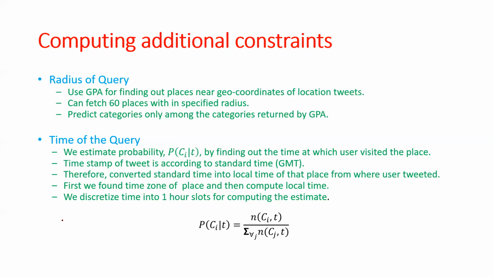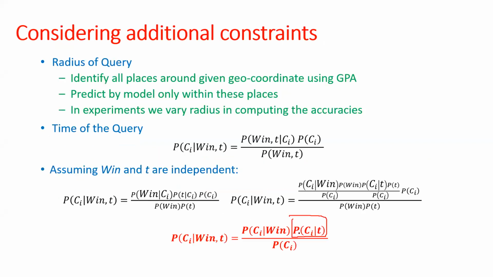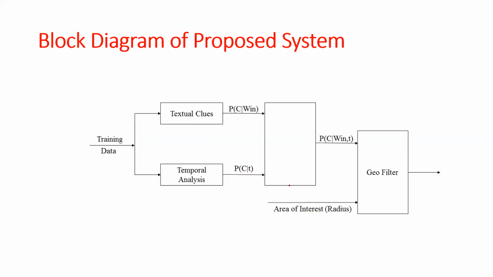So now I have my category estimate as per time. I have my category estimate from tweets, and I can multiply them and normalize, right? So this is what we have done. Here is a proposed diagram which we have used. We feed our tweets to LDA. It will give some probability of which category I want to go to. I give time and find out the probabilities of where I can go at this time. We have mingled these probabilities using Bayesian analysis, and once I got probabilities of a category where I can visit,